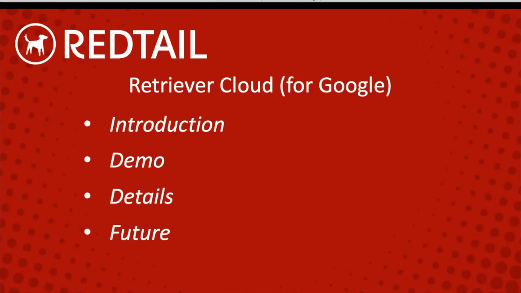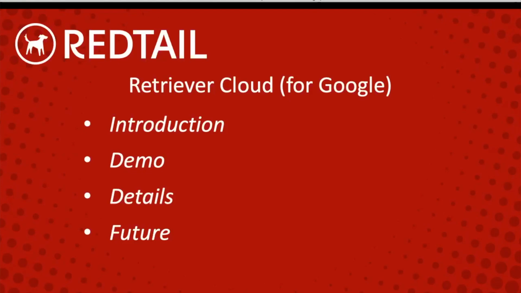This tool will allow you to sync your calendar and contacts from the Redtail CRM to your Outlook 365 calendar and contacts or your Microsoft Exchange calendar and contacts. And as of now, you can now sync the Redtail CRM calendar to your Google calendar and contacts. So today we're talking about Retriever Cloud for Google, which is going to be specifically for those Google calendars and Google